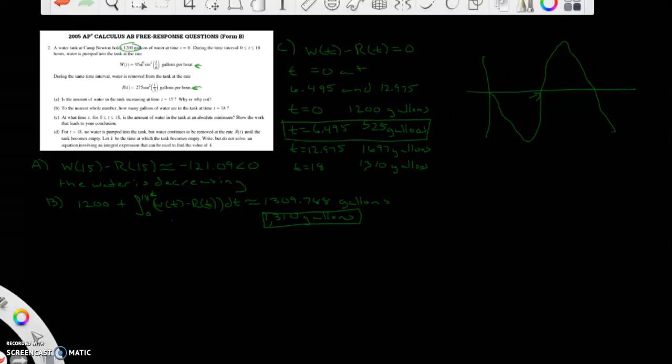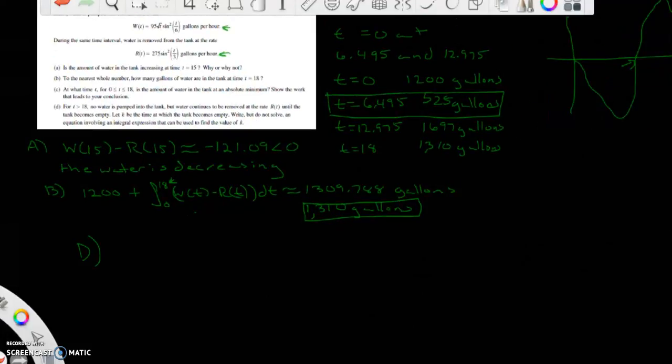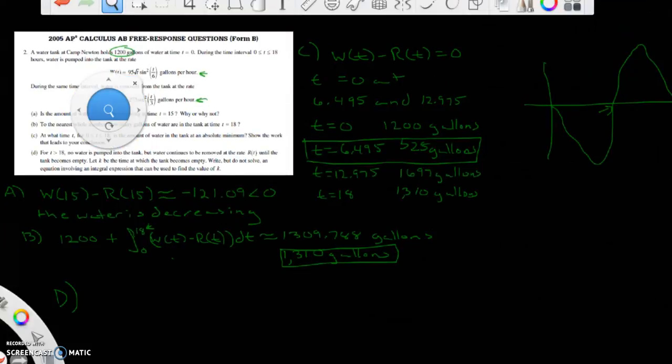Okay, part D. Okay, let me zoom in a little bit. So part D says, for t is greater than 18, no water is pumped into the tank, but water continues to be removed at the rate R of t until the tank becomes empty. Okay, let K be the time at which the tank becomes empty. Write but do not solve an equation involving an integral expression that can be used to find the value